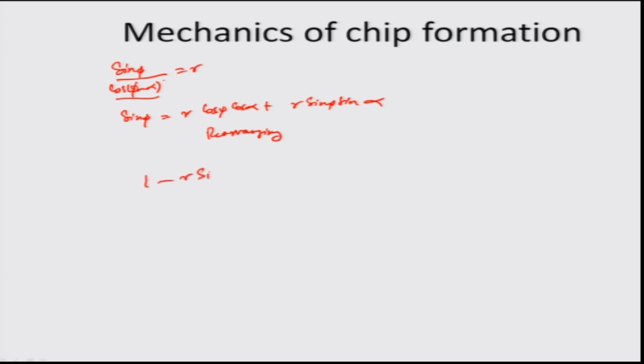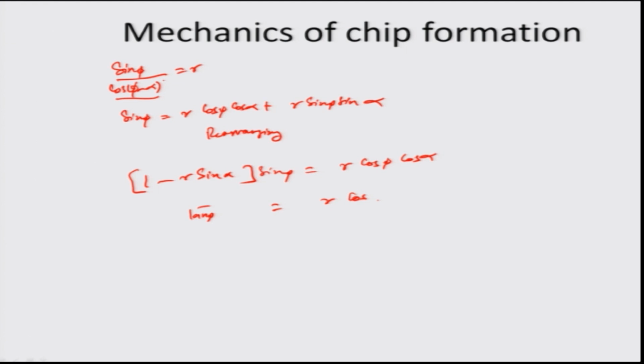We already had sin phi divided by cos of phi minus alpha equal to r, and from that formulation we can always have sin phi as r cos phi cos alpha plus r sin phi sin alpha. I am just expanding the cos phi minus alpha term here, and then we do some rearranging and try to get all the sin phi's together. So I have 1 minus r sin alpha, whole bracket, sin phi on one side, and that becomes equal to r cos phi cos alpha, and so from that I can easily have tan phi, which is sin by cos phi, as r cos alpha